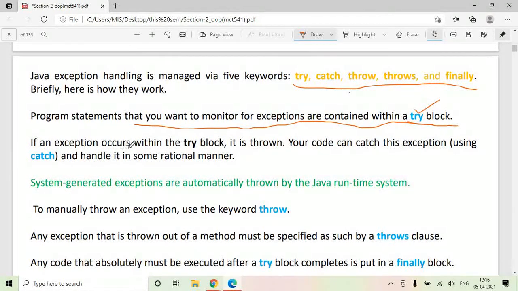Now if an exception occurs within the try block, it is thrown, and where is it thrown? It is thrown to the catch block.